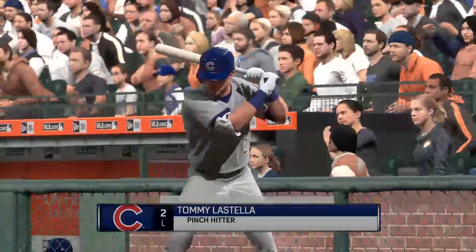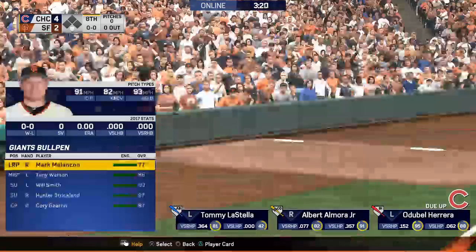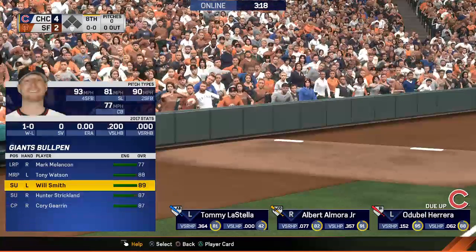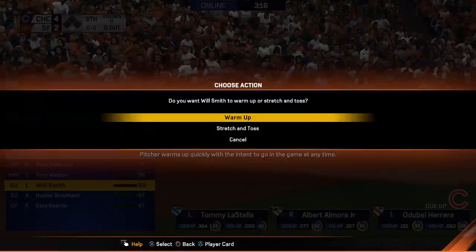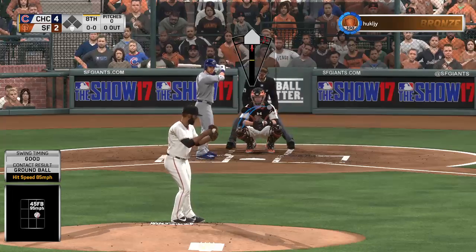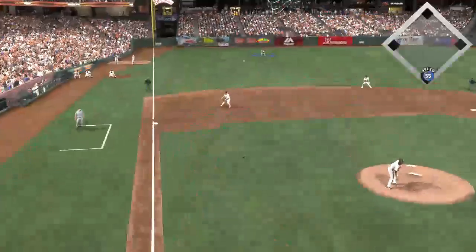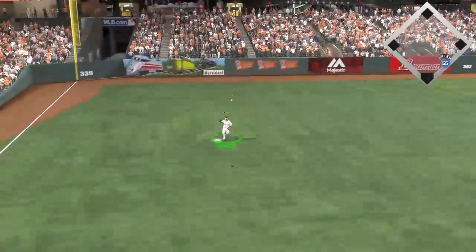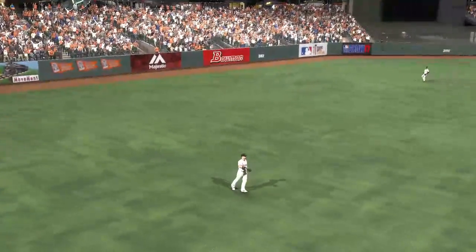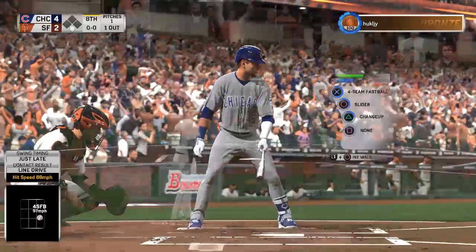Tommy La Stella is going to be asked to get things going here as a leadoff. Tommy La Stella. Now some action out in the Giants bullpen as they'll have both a left-hander and a right-hander get loose. Line drive to left. And the pinch hitter is retired here, 1 away. And now here's the versatile outfielder,